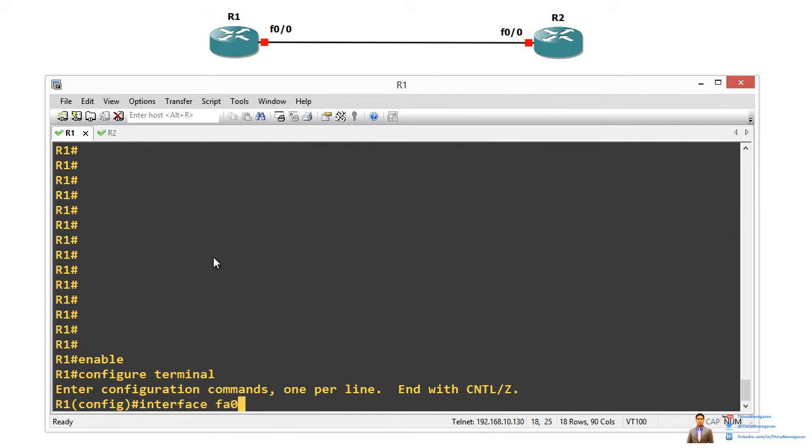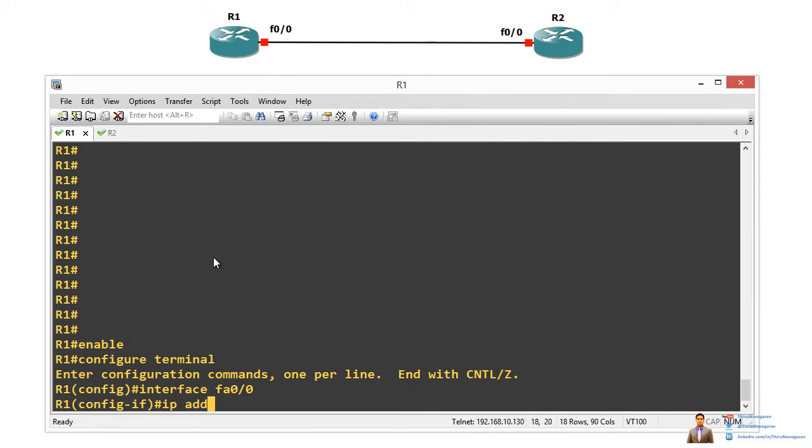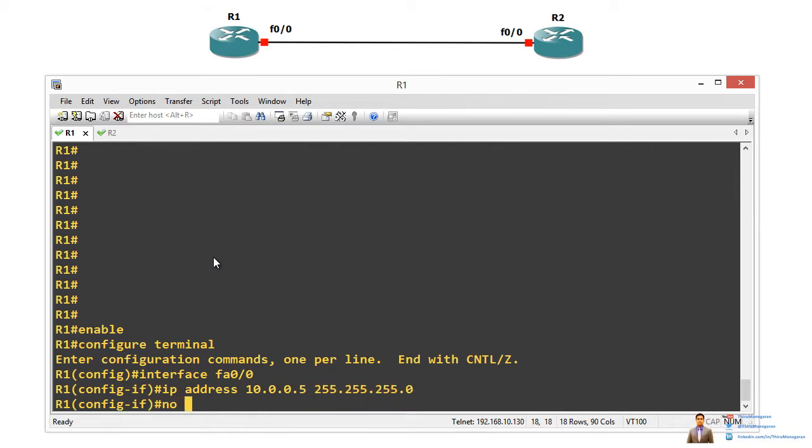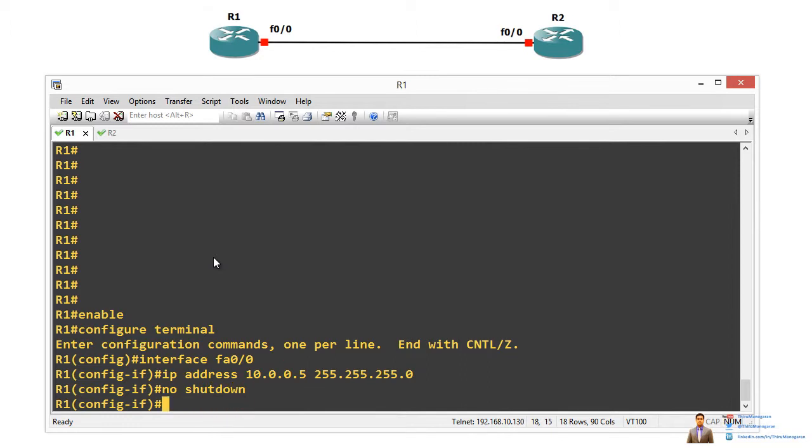Interface fast ethernet 0/0, and with IP address 10.0.0.5 with 24-bit mask, and then we're going to bring the interface up by no shutdown, and then